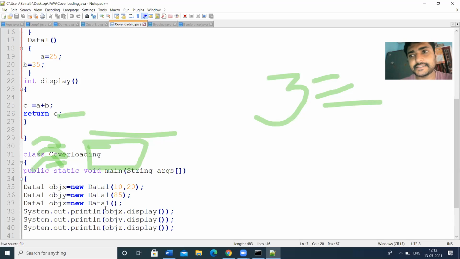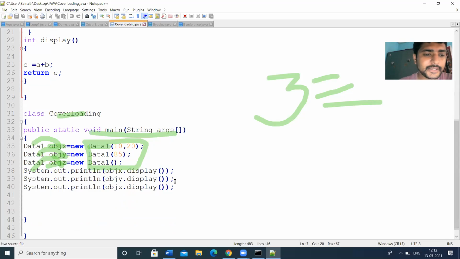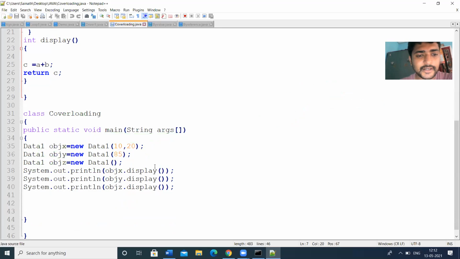So three constructors, three different parameter lists, three different situations. We can use the three different constructors here. Then we are calling the methods: objx.display, objy.display. The display method performs addition and returns the summation value.